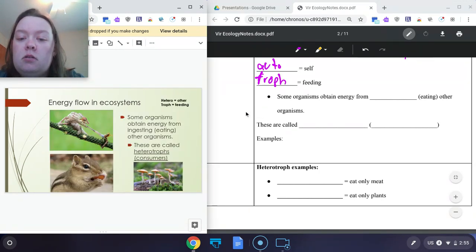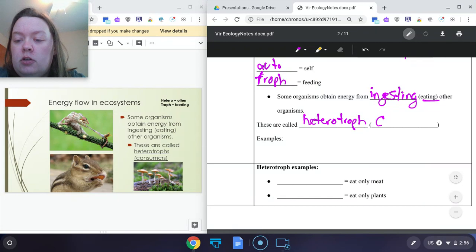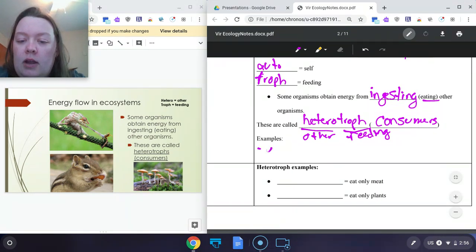A lot of organisms obtain energy from eating something else, and those are called heterotrophs. So they obtain their energy from ingesting, which means eating, other organisms, and these are called heterotrophs. And they're also called consumers. So consumer means eat, hetero means other, feeding on others. So this is going to be your animals,